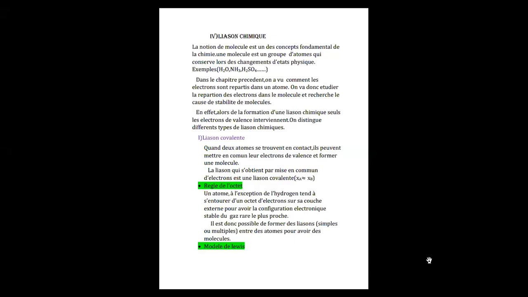So la notion de molécule étant des concepts fondamentaux de la chimie. So we see that the connaissance or the knowledge of molecule is a fundamental concept in